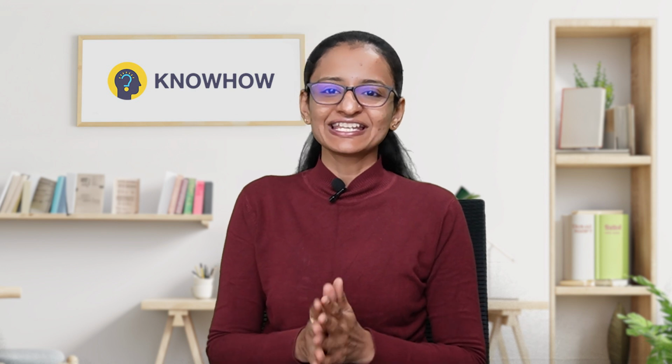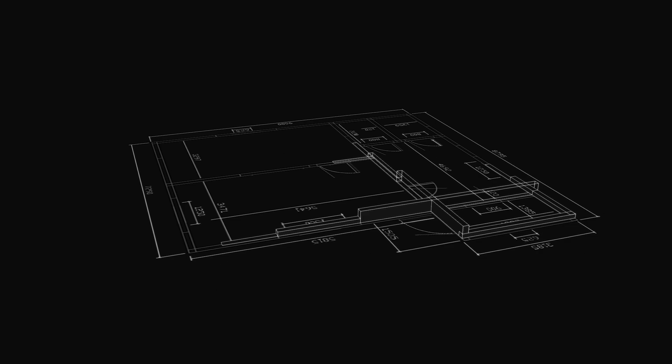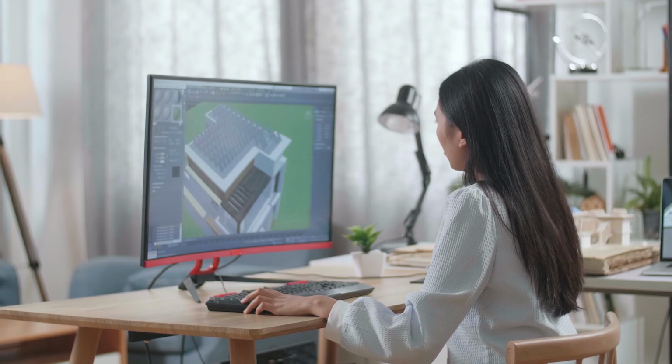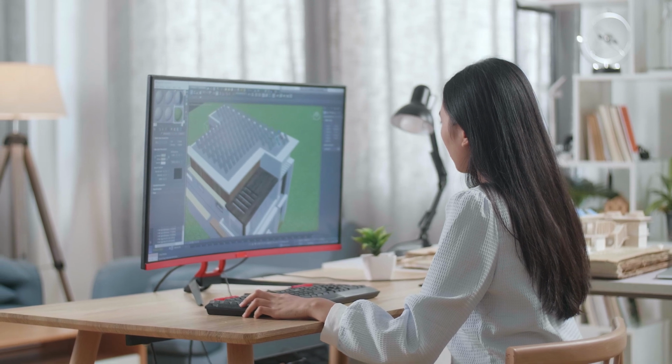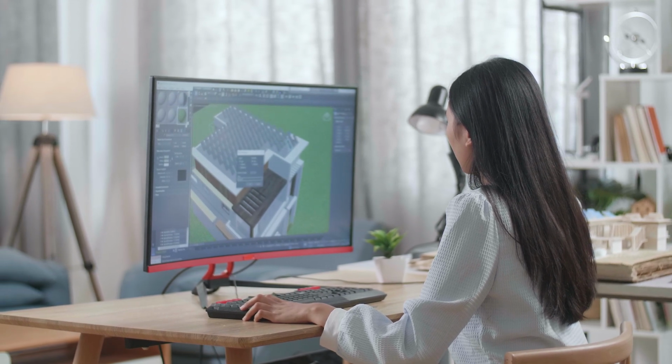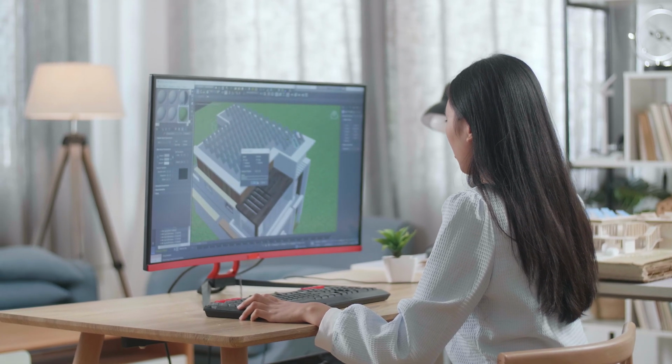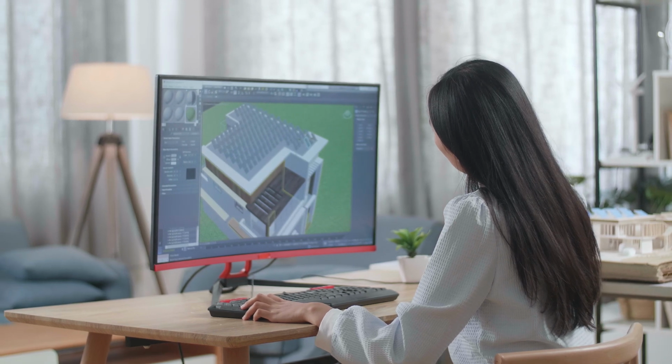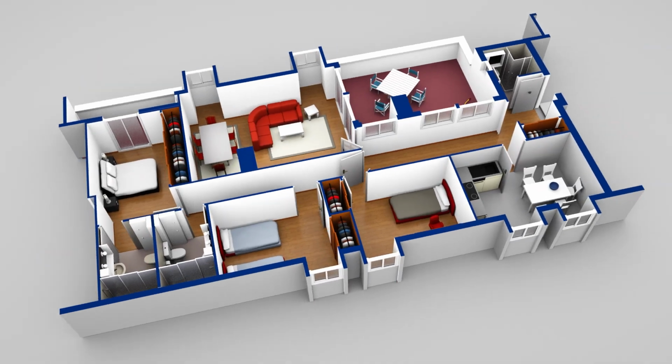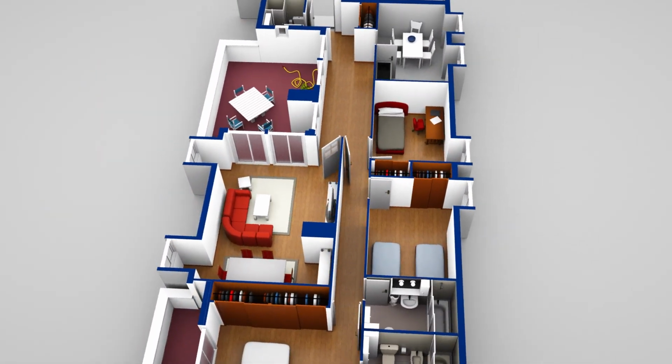So first of all, let me explain with a real life scenario why there is a need for package. Imagine you are designing your house. You will not design all the components of a house in one go. What you will do is first design the bedroom, then the drawing room, then your kitchen, then your wash area, and then you will also design your garden area. Separately you design all these things, and then you combine them,